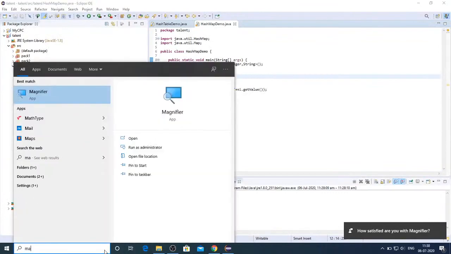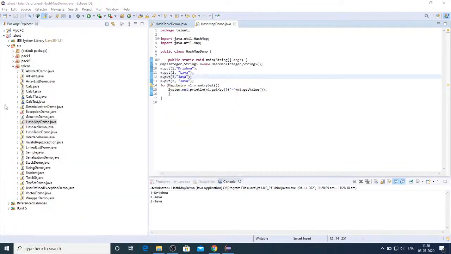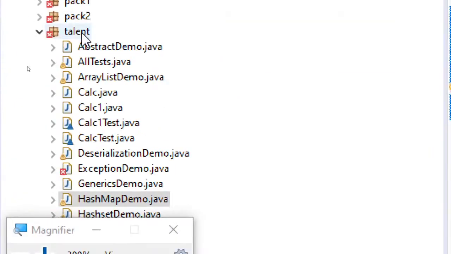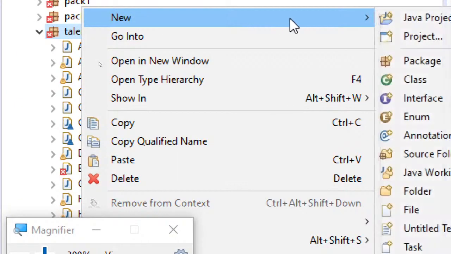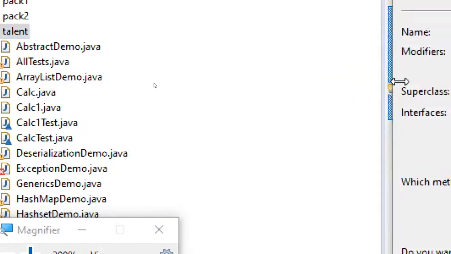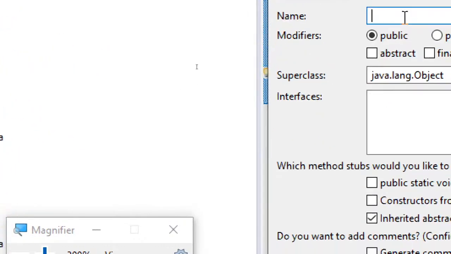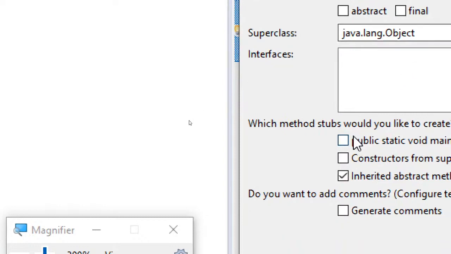So the name itself makes you understand properties is used to retrieve the properties. So let's see with a small piece of code how to use the properties class. It's very simple.